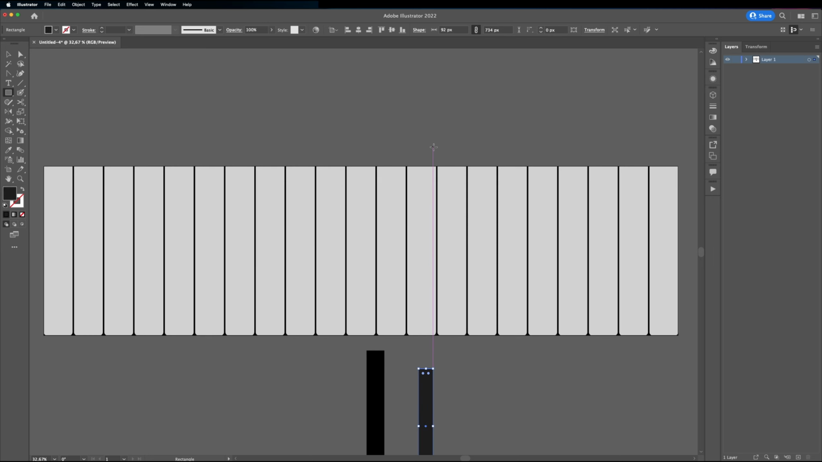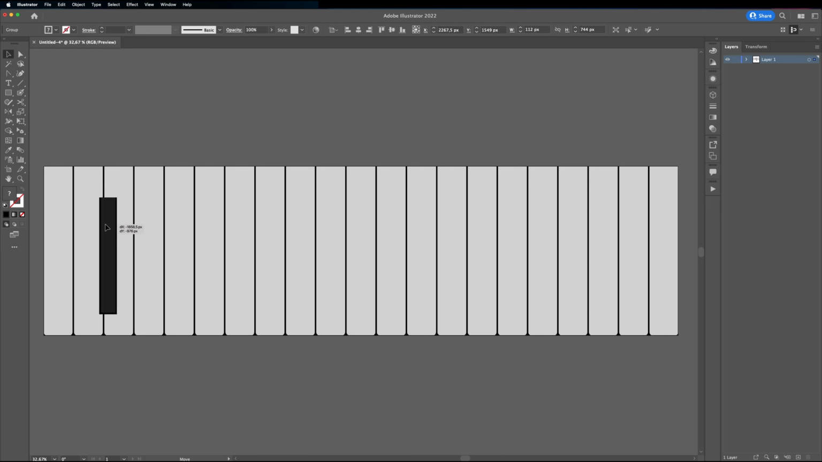Now place this dark gray rectangle on top of the black one. Select both of them and open the Align panel. Here you want to click Horizontal Align Center button and Vertical Align Top button. Perfect. Now with both shapes still selected, group them and place this black key on top of the white ones